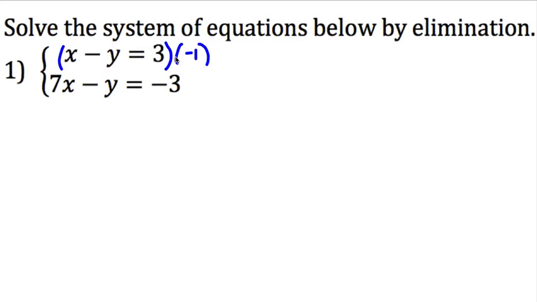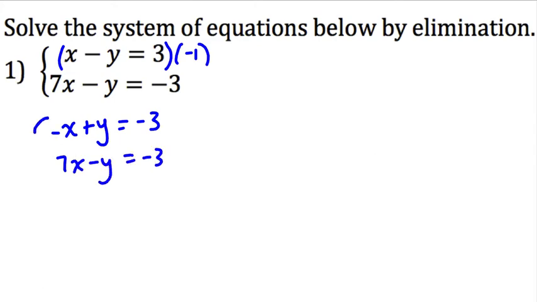So -1 times x is -x. -1 times -y is a positive or a plus y. And -1 times 3 is -3. I'm not changing the bottom equation at all, so all I'm doing is just recopying that. Okay, and also,